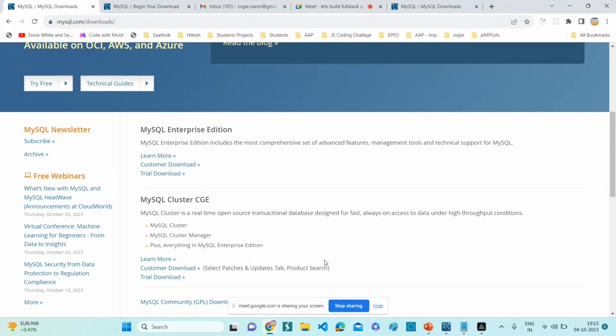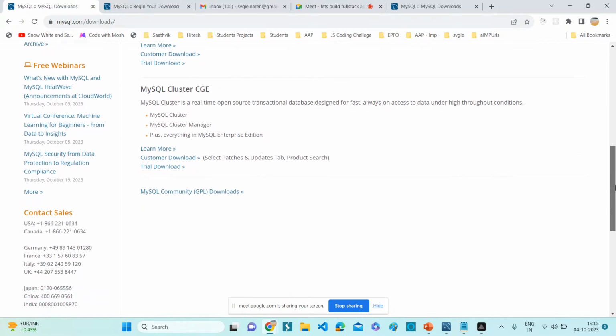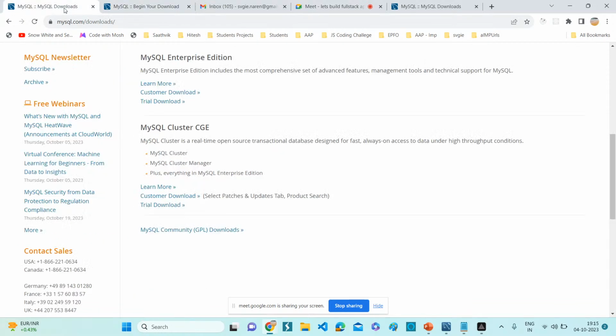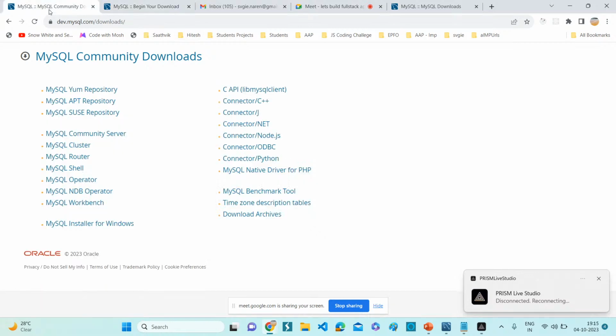MySQL Community Downloads. You should have downloaded it. Just a minute. Last one, hopefully. Go to Community Downloads, there are lots of options. Just click on this MySQL Community Downloads, mysql.com downloads, MySQL.com downloads for Windows. I have downloaded